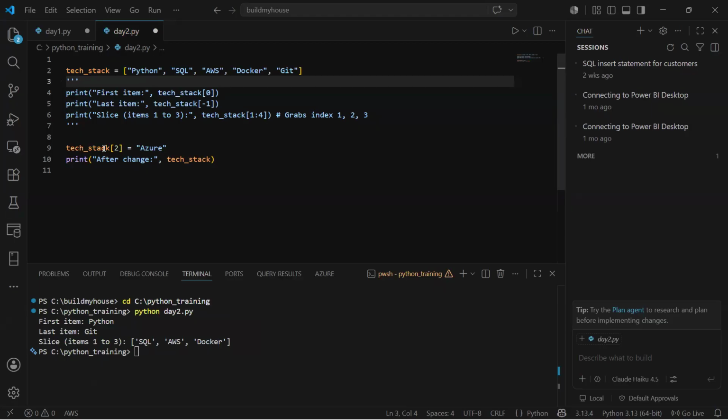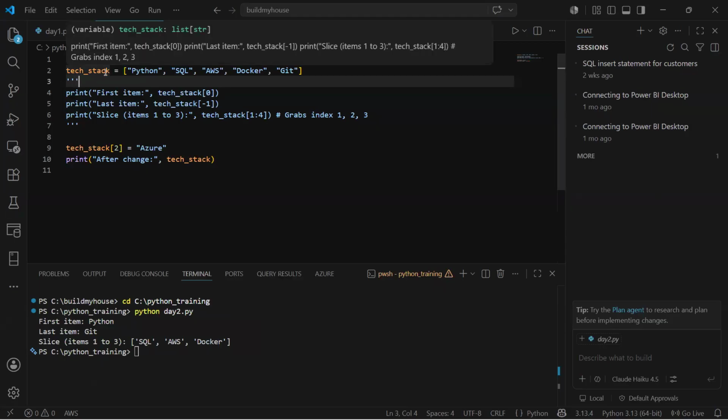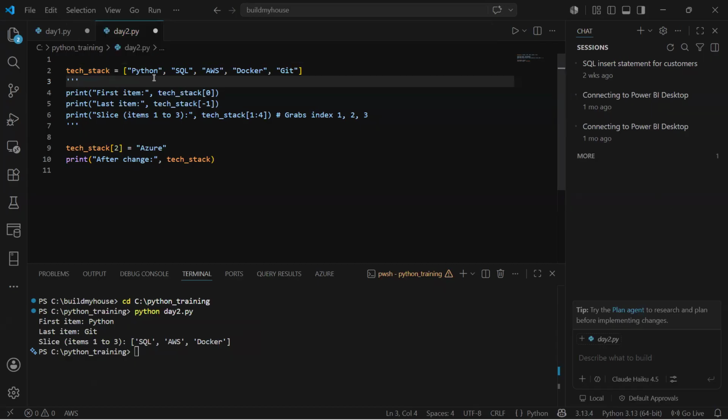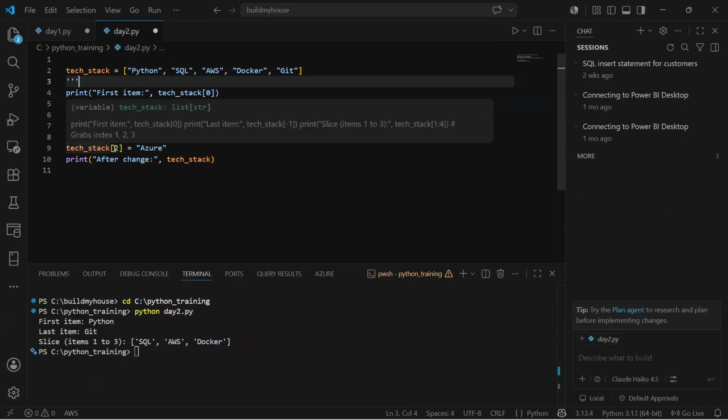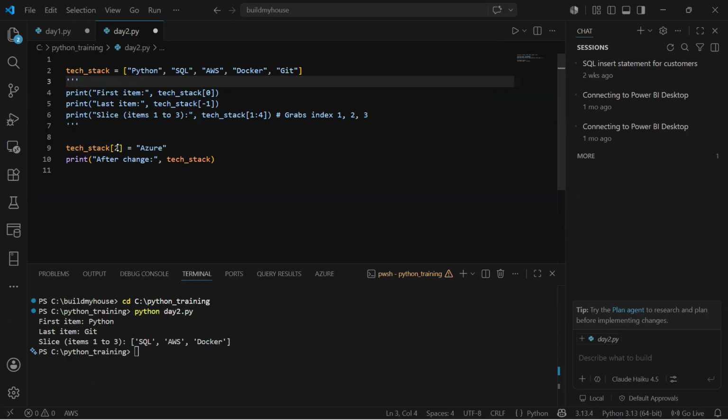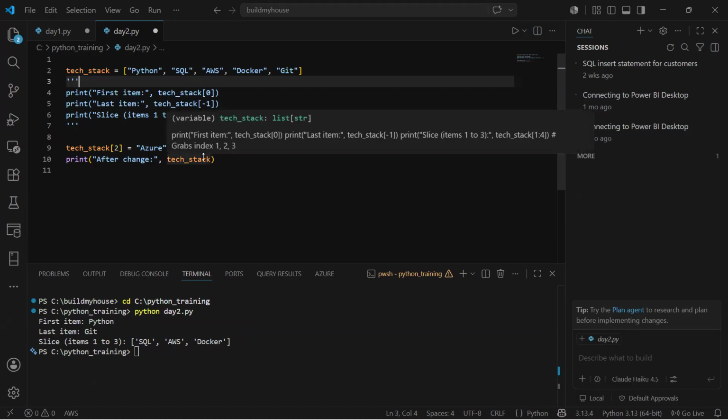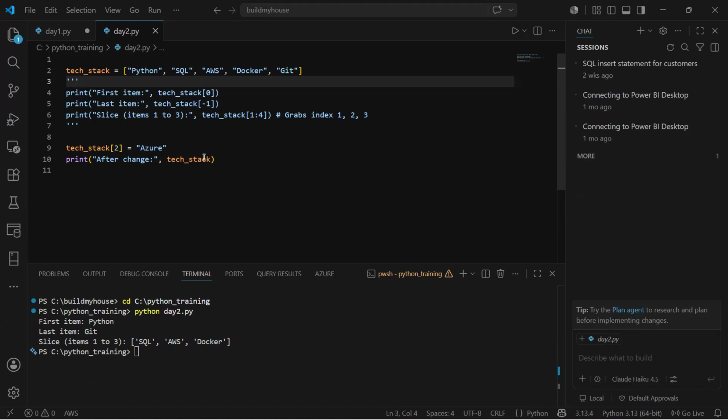So as a result, the tech stack variable or tech stack list that I had created has not been commented. Okay, so now first we have declared the list tech stack. So these are the values. Now I'm picking up the third value, but the index number is 2. Okay, tech stack 2. So rather than using AWS, I will replace it with Azure. Okay, and then I'm just printing out the entire tech stack list. So let me save it, and then if I execute,